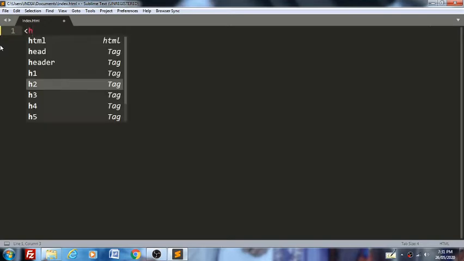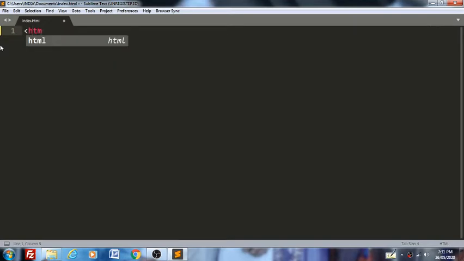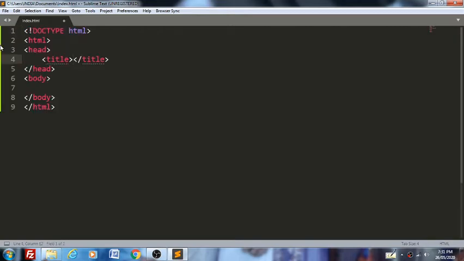This is the HTML5 declaration, which will configure the browser and say it is an HTML5 file. Then html, head, title, body.